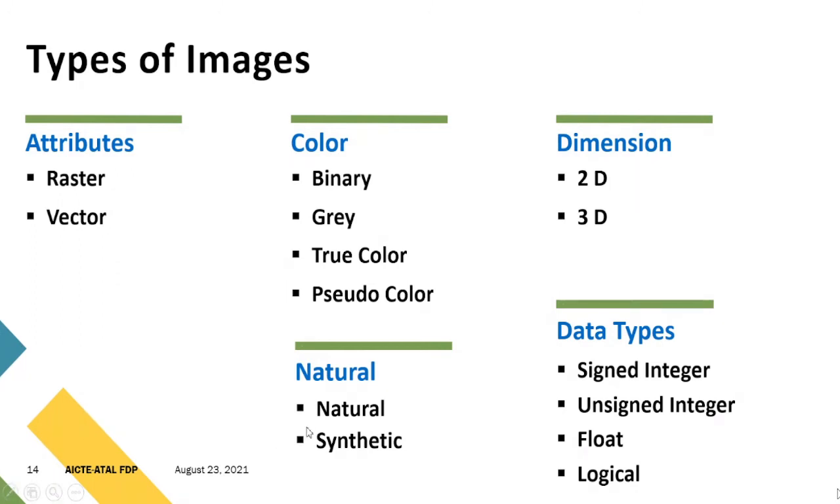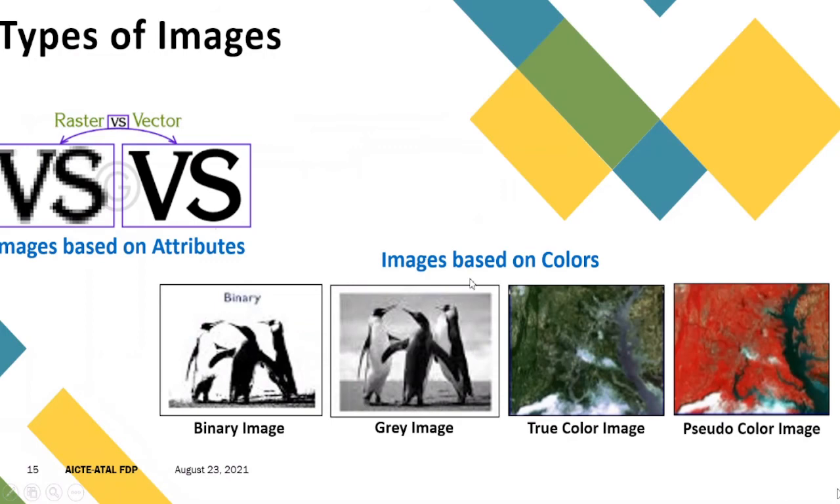Natural images means whatever is available: the car, the flower, the tree. You take the image, and that is the natural image. A synthetic image is one you create with the help of computers. If you have drawn a flower in Paint, that is a synthetic image. So the image which is created with the help of computers is the synthetic image, and the other one is the natural image. Then data types,